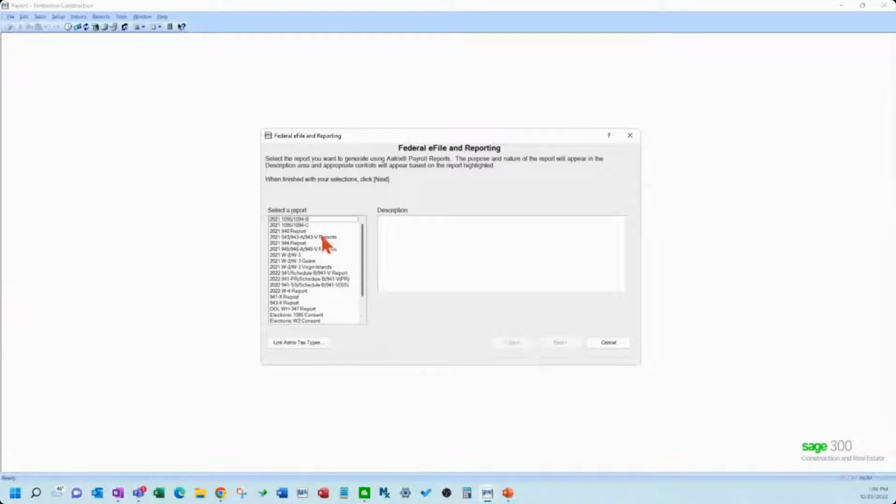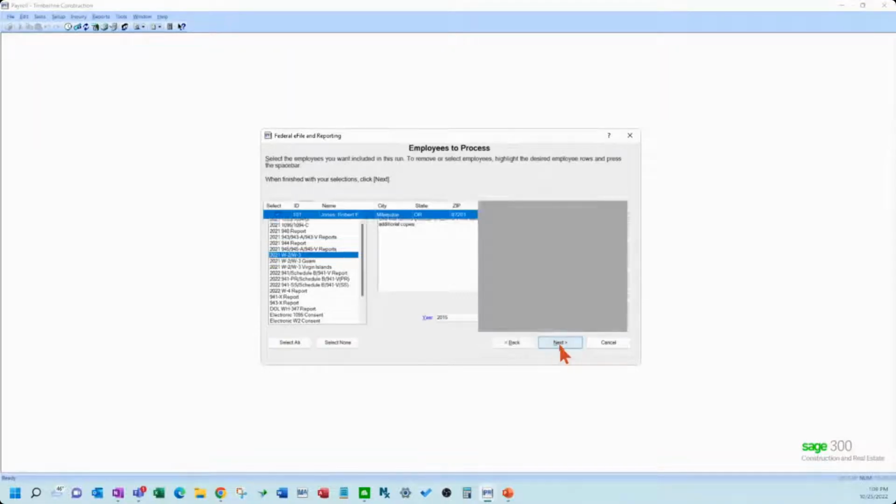For example, to show you how simple it is, granted my proper setups have been done, for my W-2 filing you start here and pick the form. This would say 2022 W-2, W-3, but for this purpose I'm just going to pretend that says that. I'm going to use the 2015 data, but this again will say 2022 when you're ready to file.